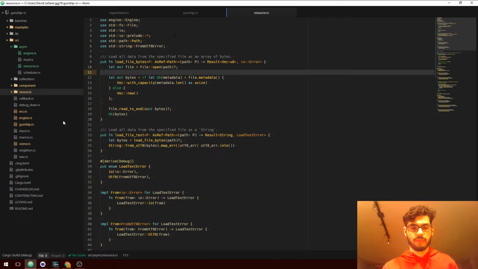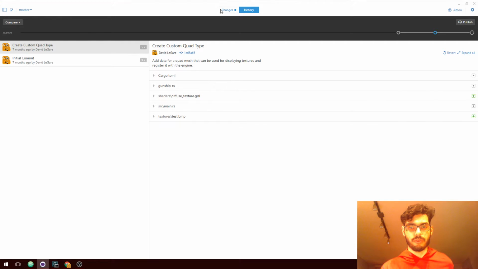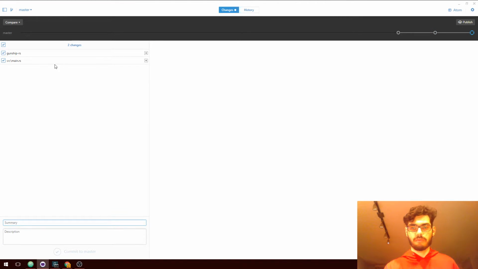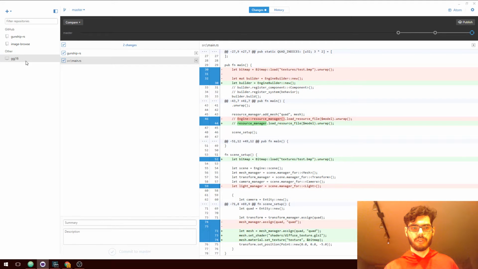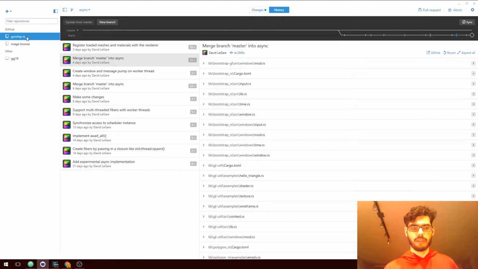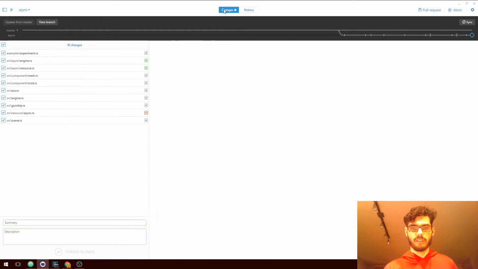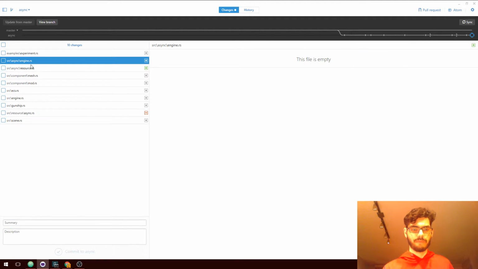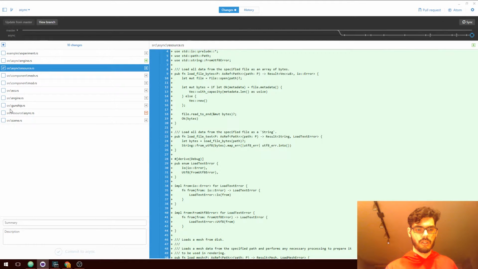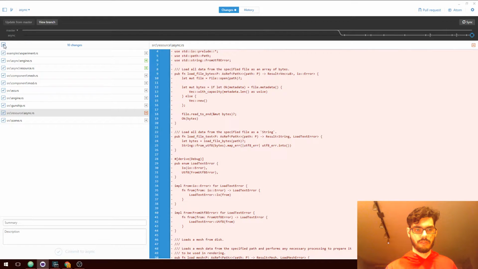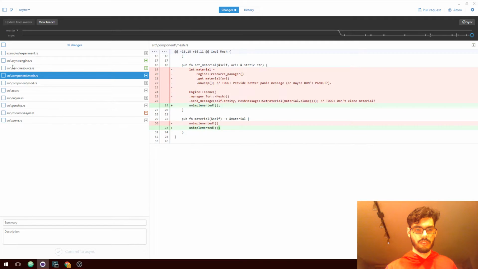Okay, so what I can probably do is in Git, am I looking at the wrong repository? I am looking at the wrong repository. Experiment can stay how it is. Async engine is new. Async resource got moved from resource async. Hopefully it's smart enough to detect that, which I don't think it was.